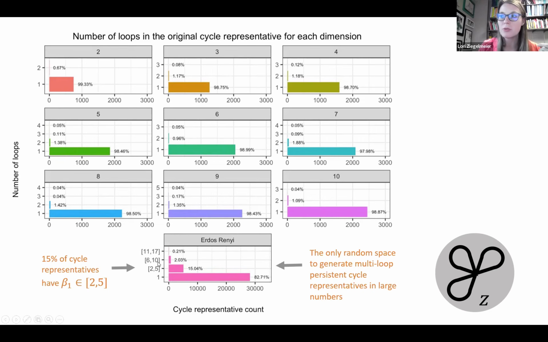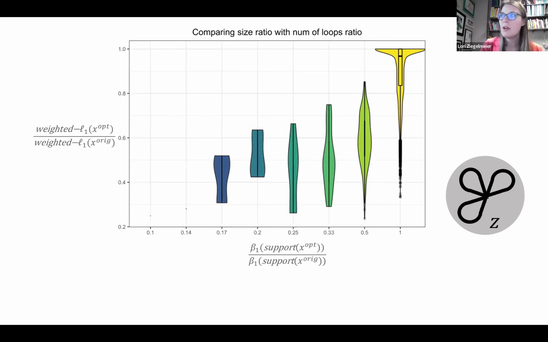In the Erdős-Rényi random complexes, you could have up to 17 loops, which is interesting. And this relates to some work by Kahle and collaborators that Erdős-Rényi random complexes actually look and feel very different from data found in nature. Okay, and this